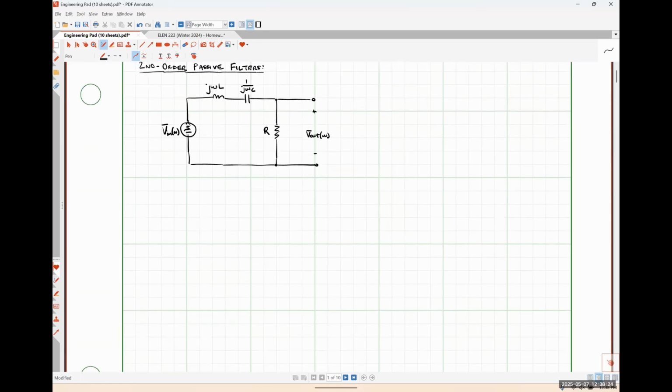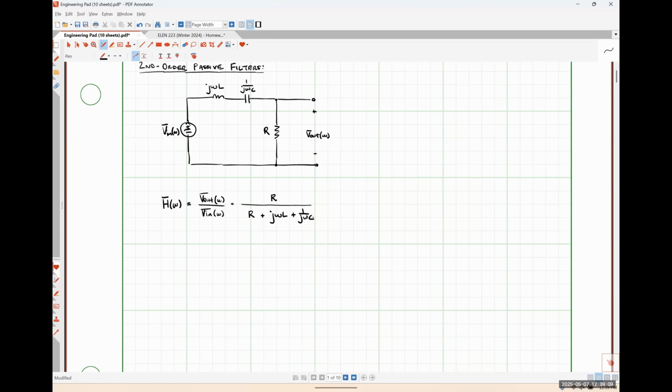So down here, because this is going to get a little big, I'm going to do just my basic transfer function H of omega using the voltage division rules. Just to remind you, this is simply the ratio of Vout over Vin. And so I'm taking the voltage drop across my resistor, so I'll have an R in my numerator. And then I'm just going to have my total series resistance in my denominator. So I'm going to choose to write that as R plus j omega L plus 1 over